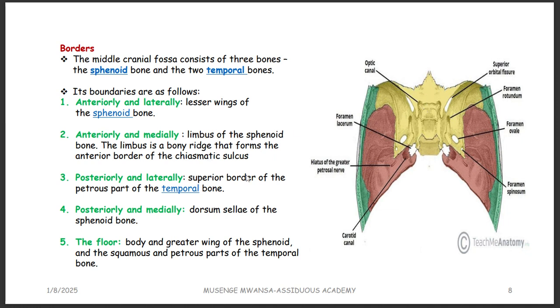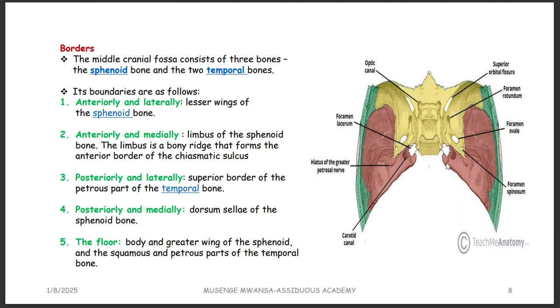And then posterior lateral, posteriorly but on the sides, you have got the superior border of the petrous part of the temporal bone. You remember the temporal bone had different parts. The inside of the temporal bone is very hard. That's why we call it the petrous part. The outside, we are going to have what we call the mastoid part, the squamous part. So the upper part of the petrous part of the temporal bone here,